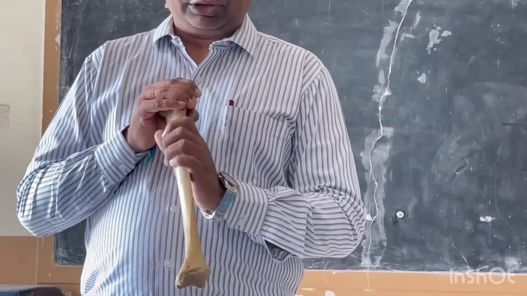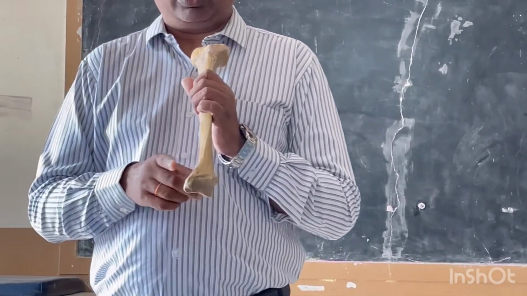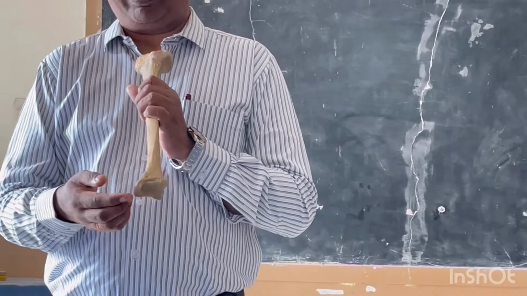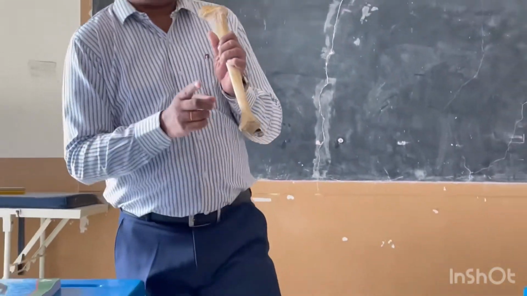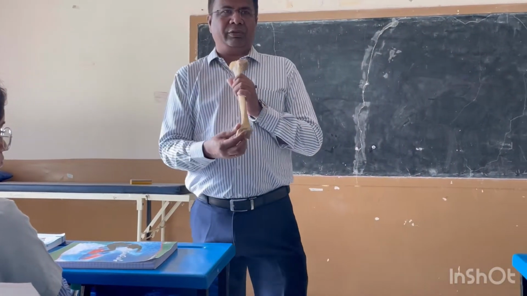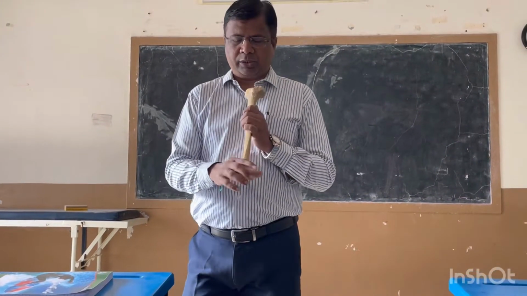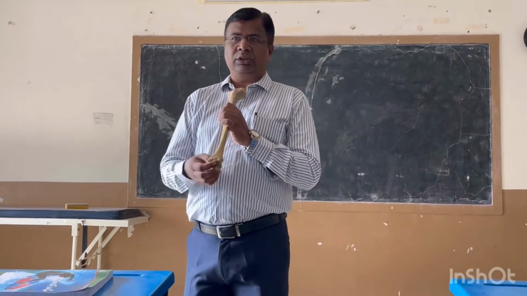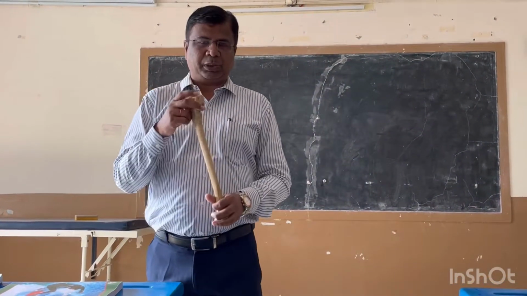Then in the middle you will have the shaft, and this is the lower end. The most important thing to identify in the lower end is this projection which goes down towards the medial side, which forms a bony prominence here on the medial side of the leg. This is called the medial malleolus. So this will identify the medial side, and this will be the medial condyle here. So the lower end has a projection which goes down, called the medial malleolus. Now we'll discuss each part separately.